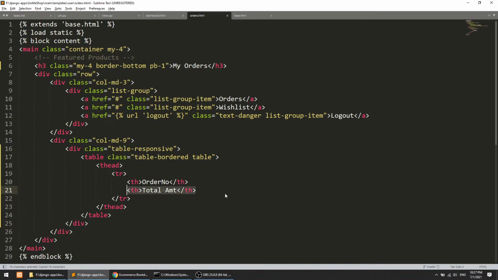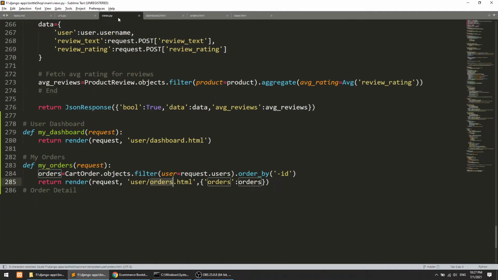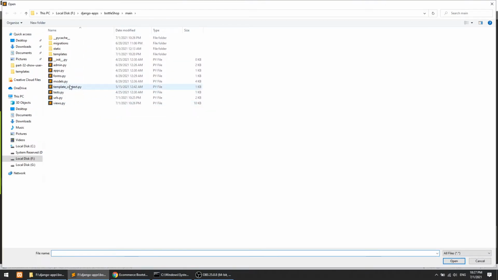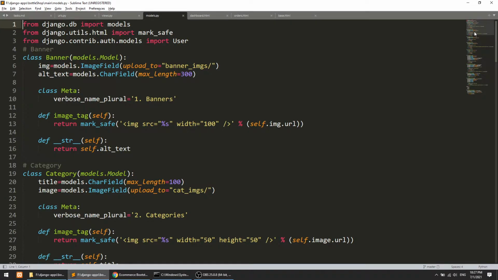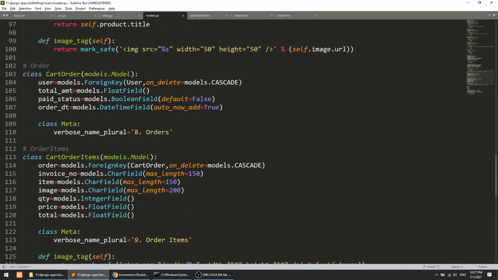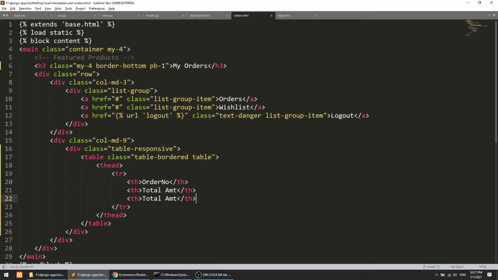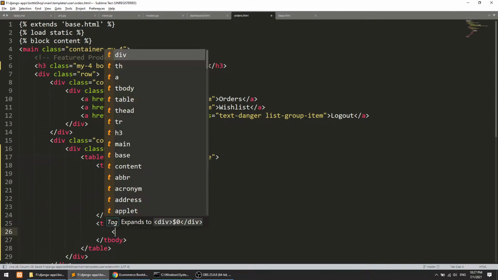and then after that what we have, let's go to the models.py file, and let's go to the cart orders here. So total amount. Okay, we don't need to show the user because we have currently logged in as a user. Order time. Okay, so we will define the order time. So here you can say order time. Okay, now we will go to the tbody,